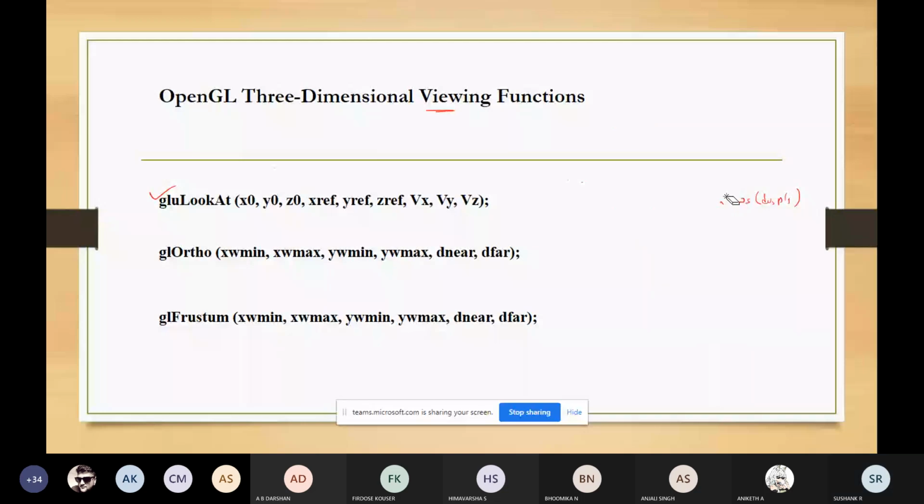We have one function which is called glMatrixMode, and four constants can be given as the parameter, which I explained in the lab: projection, modelview, color, and texture. Each of these contains a matrix for processing the matrices. So here we are talking about the OpenGL viewing transformation function.